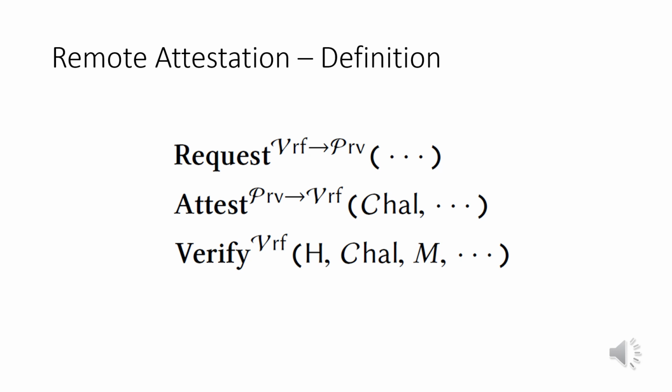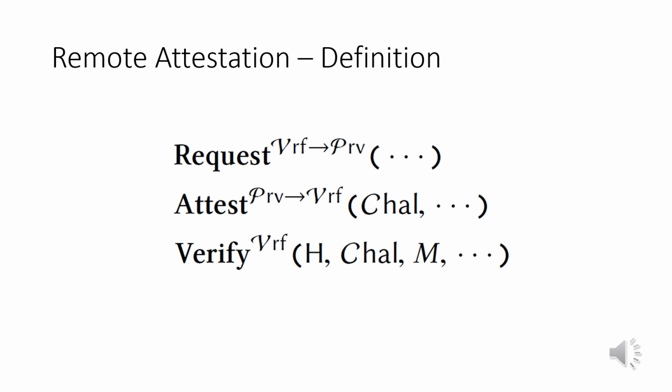The second function in this protocol is attest. This is the algorithm that will be executed by the prover upon receiving the challenge from the verifier. This algorithm calculates an authenticated integrity ensuring function like HMAC over the attested range content. As a result of this calculation, it will produce the authentication token H, which will then be returned to the verifier.